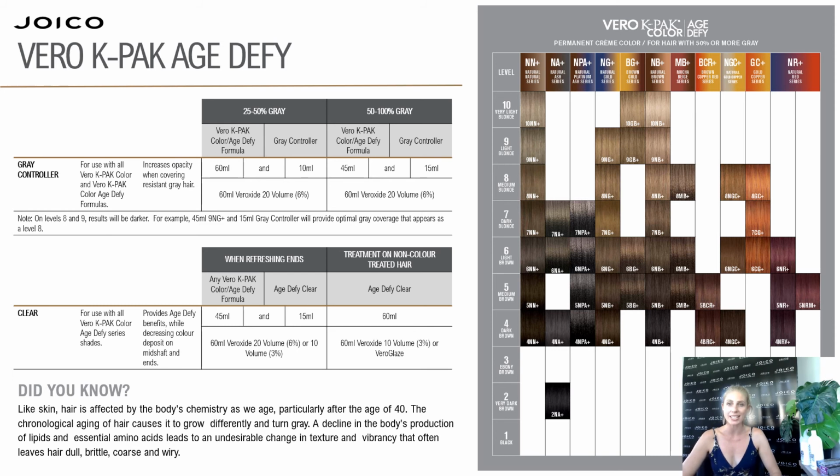On the right, you can see our Age Defy colour swatch and what we have to offer. So this is forever expanding. We've just released out our new NBs, as you can see them in the middle, which is our natural beige, and they are beautiful. So a little tip here though as well, guys, when you are doing your grey coverage,